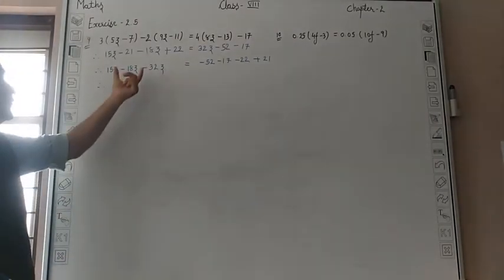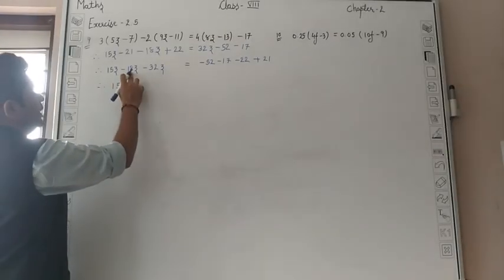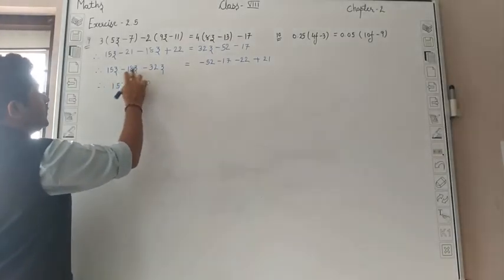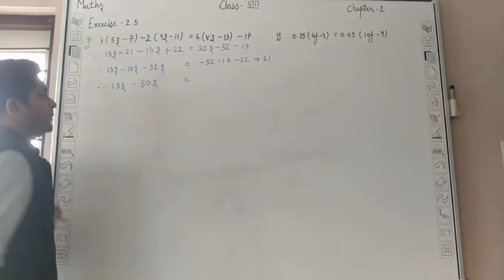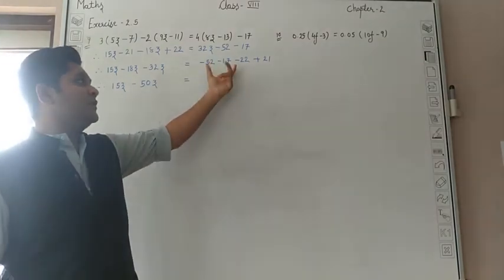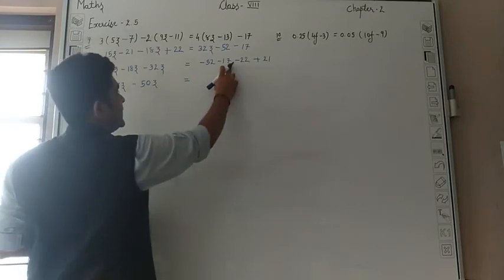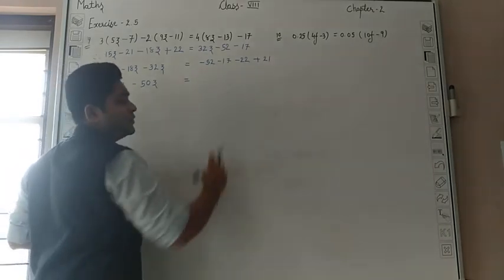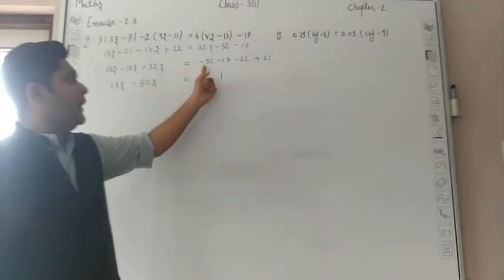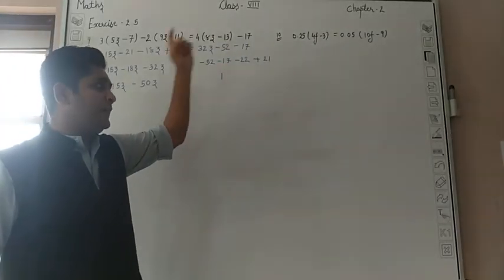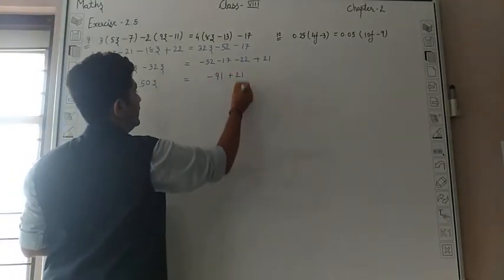So these both are minus, so minus minus becomes plus. 8 plus 2, 10, 1 carry, 3 plus 1, 4 plus 1, 5. Is equal to, all three of these are minus, so simply addition of all of these. So 7 plus 2, 9, 9 plus 2, 11, 11 and 1 carry, 5, 6, 7, 8 and 1 carry is 9, minus 91 plus 21.